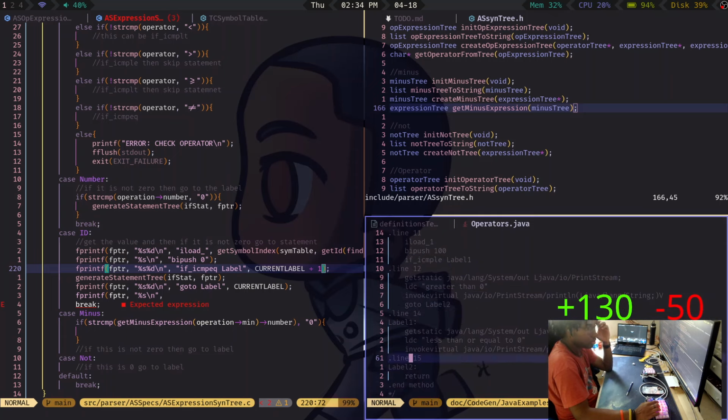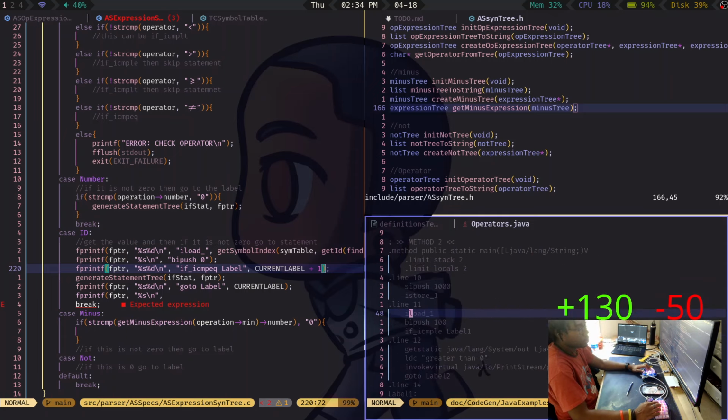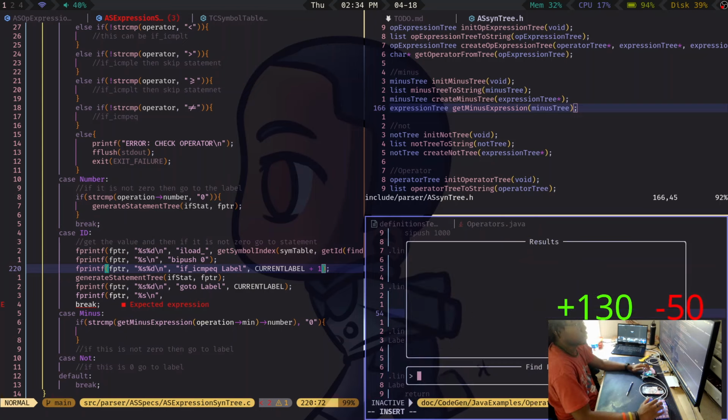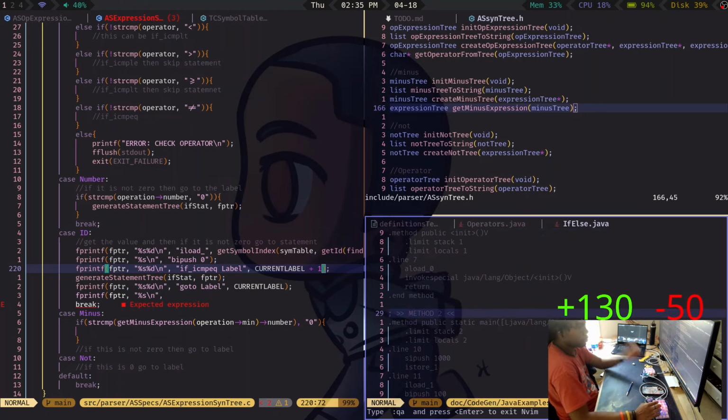What is label 2? Label 2 is the end. Why is this so short? I think this one's just the if. So. Well, it doesn't even matter because this is what I'm having issues with.